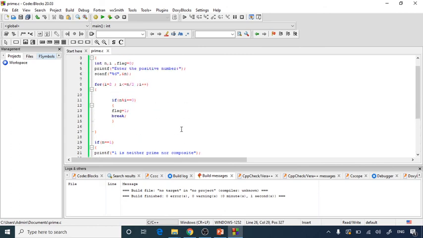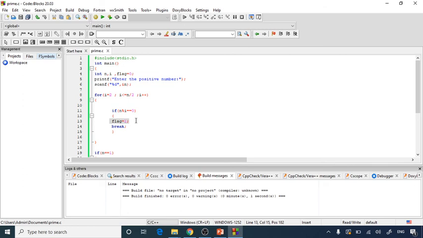In this video, we have used one flag, which is a very new thing, and one modulus operator. The modulus operator is a divisibility operator in C language. I hope you understood how to use nested if statements inside one if else to check the application, like checking whether the number is prime or not.